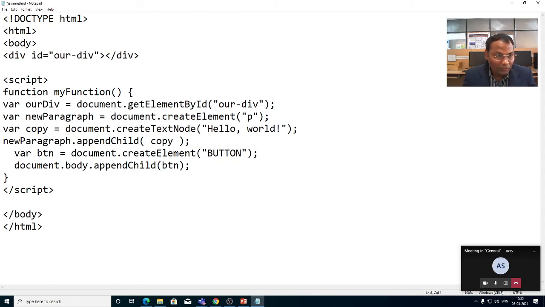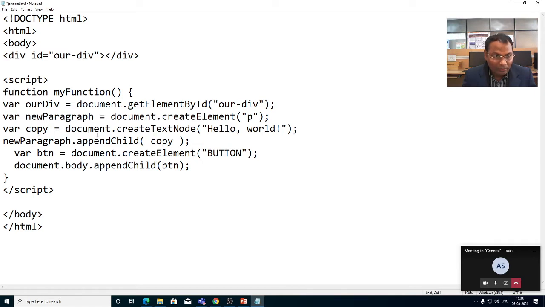Now we are taking the script in the function my function, variable name equal to our div, and we are providing the value document dot get element by id. Our div will get here, and then variable new paragraph equal to create paragraph.